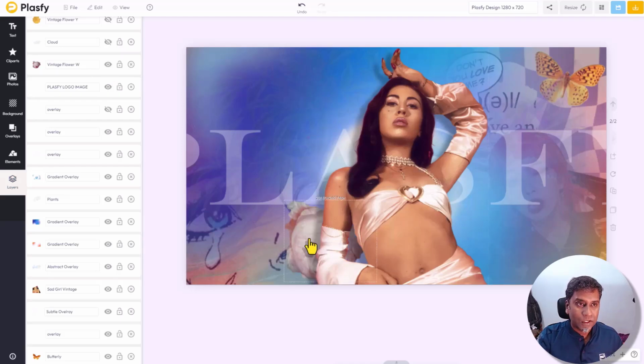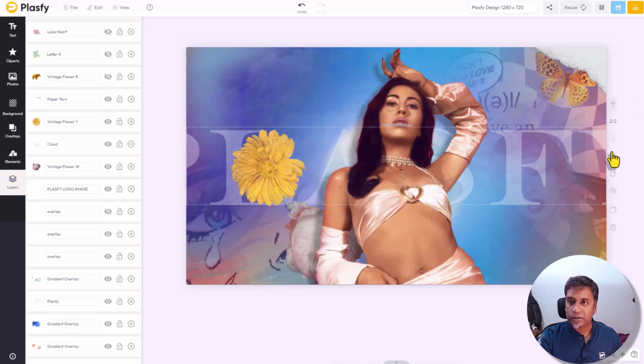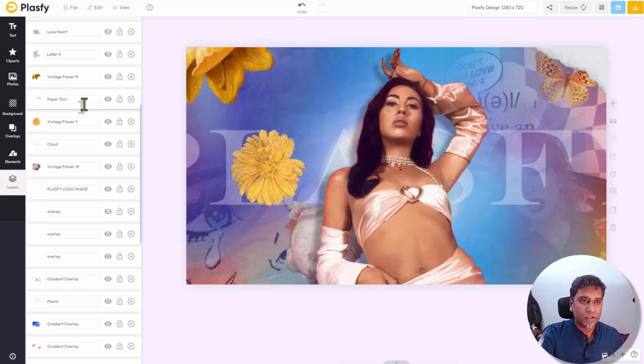Then you have some flower here at the back, neatly camouflaged into it. Then you have a cloud, added a cloud there, another vintage flower. Okay, then we have the torn paper right here. Now take a look at this. It looks like this poster is torn here. Yeah, the butterfly is gone and everything else. So remember, when you're using these torn paper textures, it's good to have them up on top and not at the bottom, because if they're at the bottom, you will not be able to see anything. Another vintage flower just to frame the image.